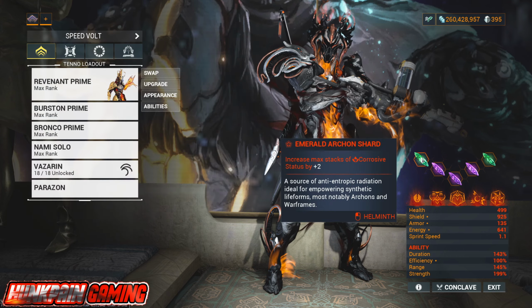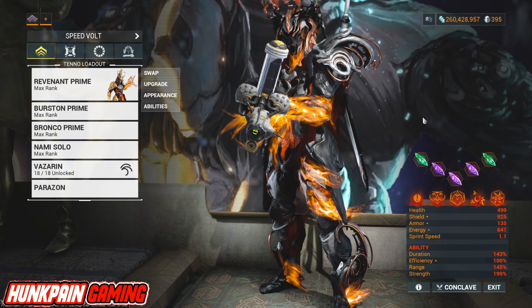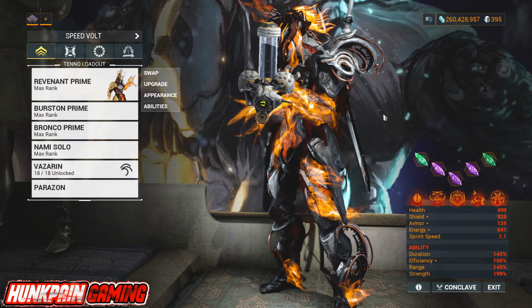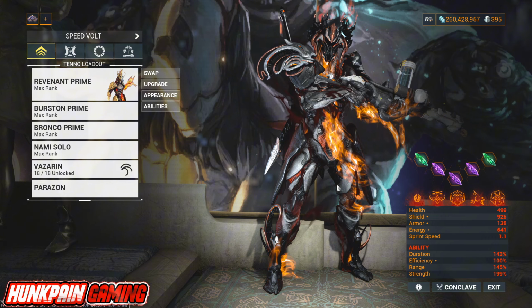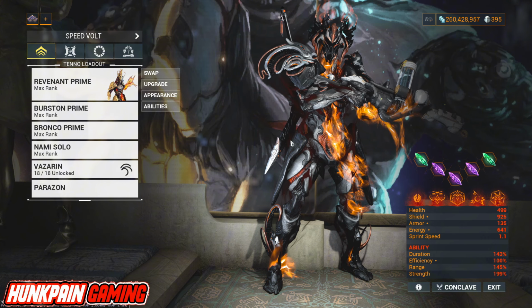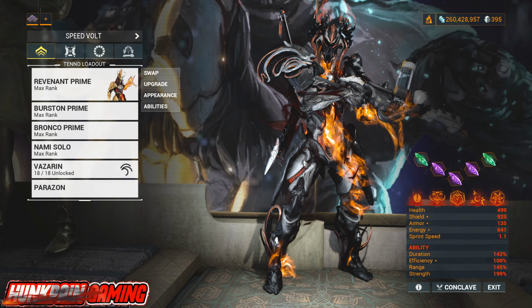Now, maybe you will ask why, Hank, you prefer Emerald Archon shards. The answer to that is very simple. As it's very efficient, it saves me a lot of slots. For example, I don't have to use a Helminth ability to armor strip, so I can use whatever I want. And it gives me also the choice to choose any focus school I want, so I don't go with Unairu